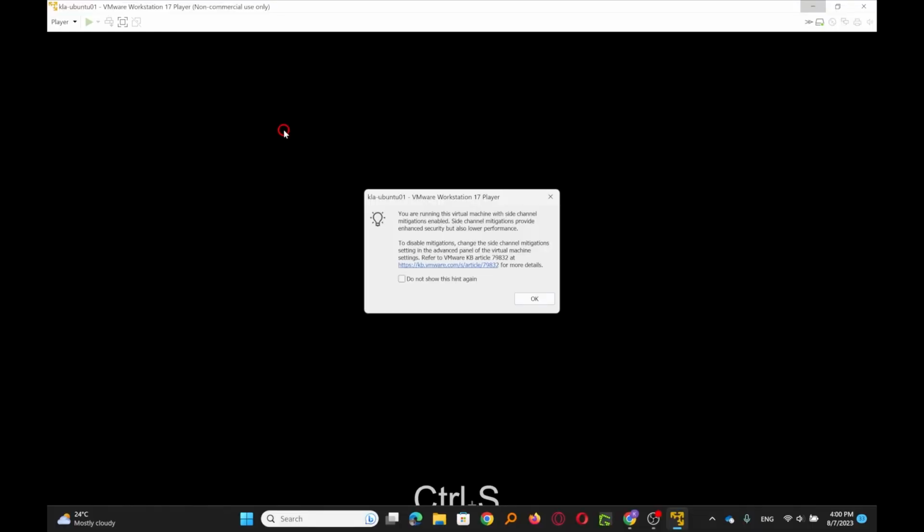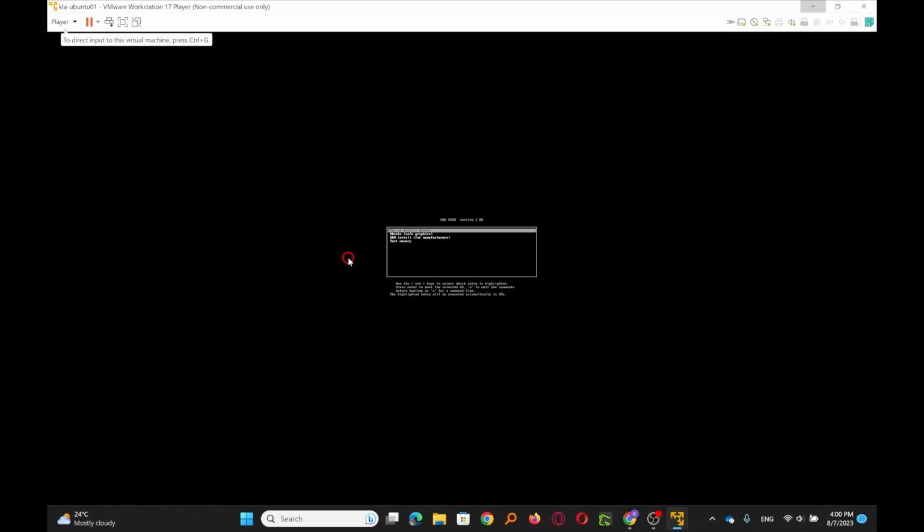So I will just click on power on. And then I will just click on OK. So it's going to take a few seconds and it's going to power on the virtual machine and the installation of Ubuntu will begin. So there we have the installation screen for Ubuntu.